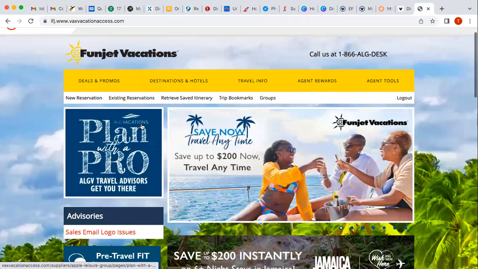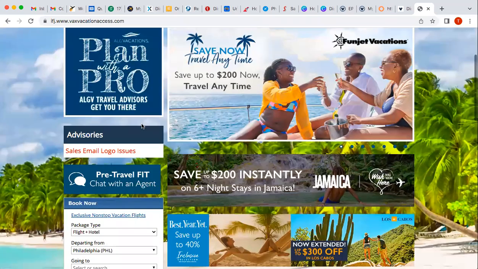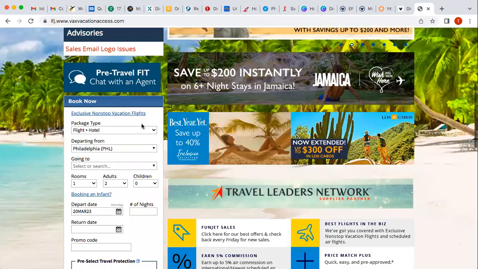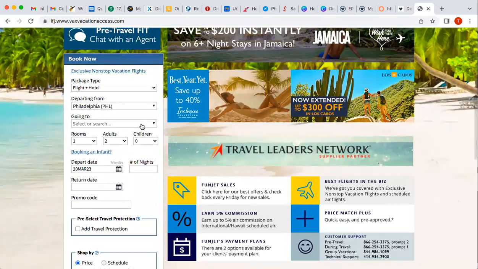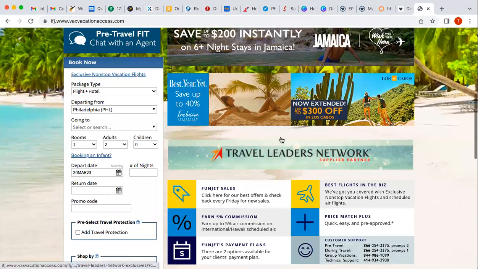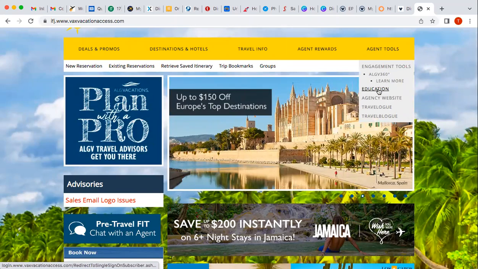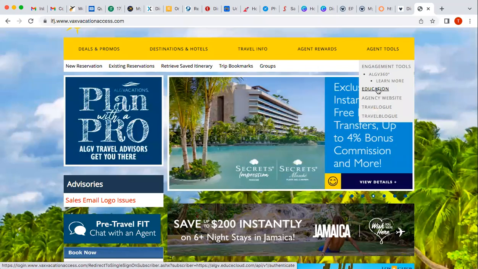Once you get here, it's going to look just like it does when you go onto the Universal page. You kind of get all their advertisements, stuff like that. There's a few things I want to point out on here to get started. First of all, you can go to Agent Tools. They do have education. So there is different training you can do. So if you click that,